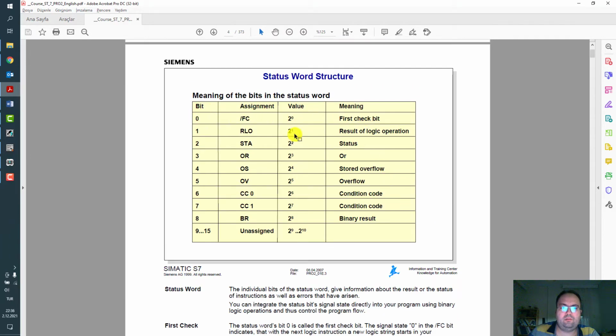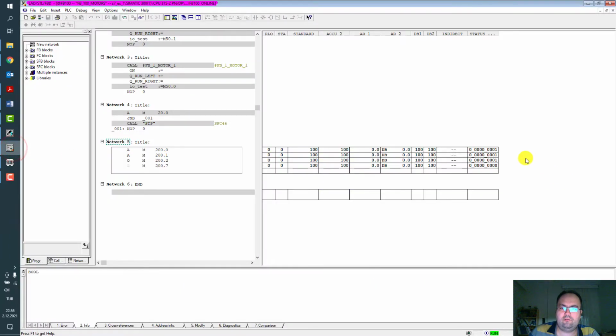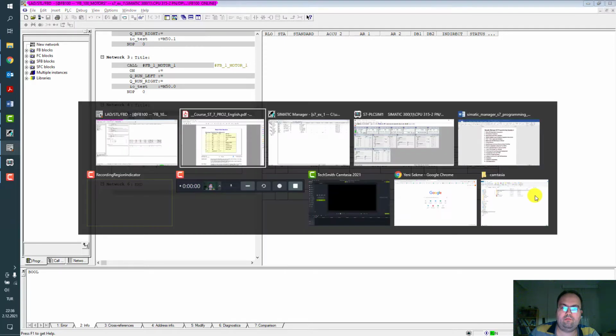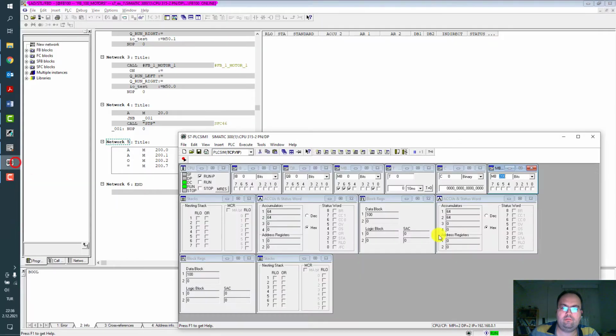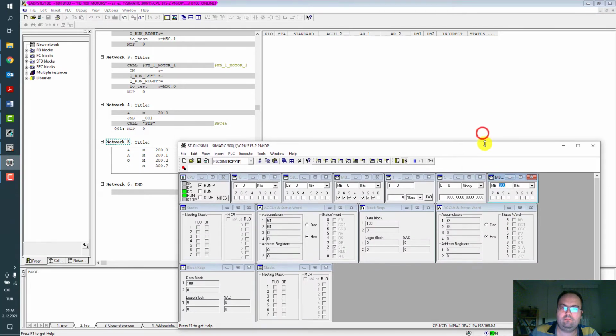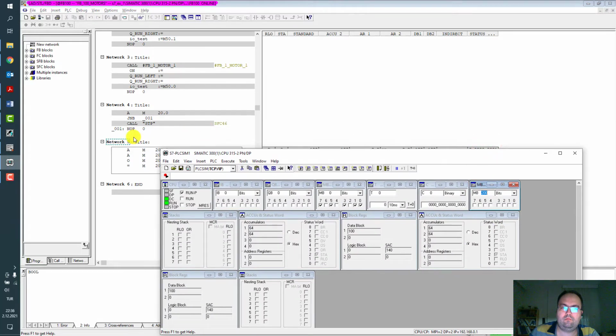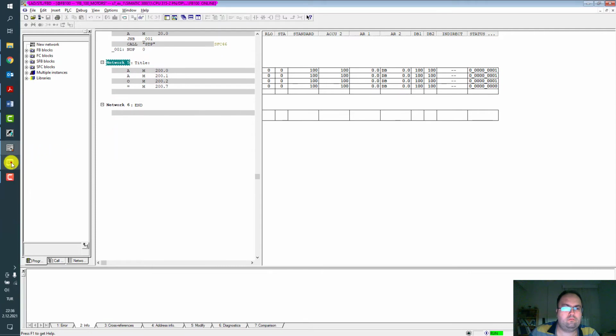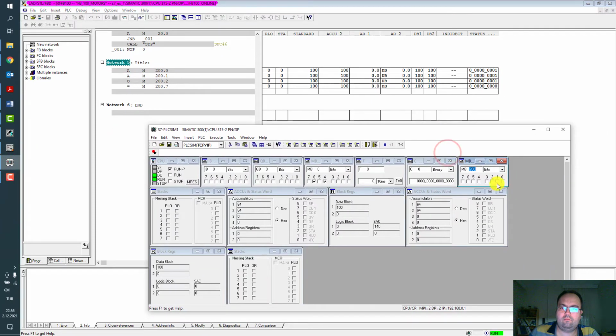So first check bit is set, and you can see it's set to 0 at the last comment. And I want to modify memory bit.